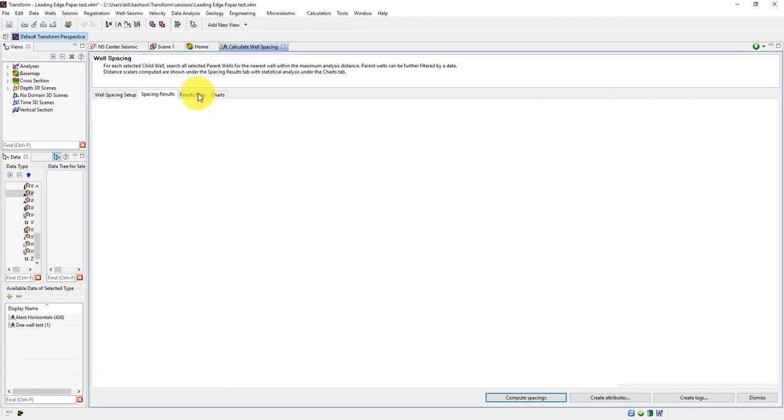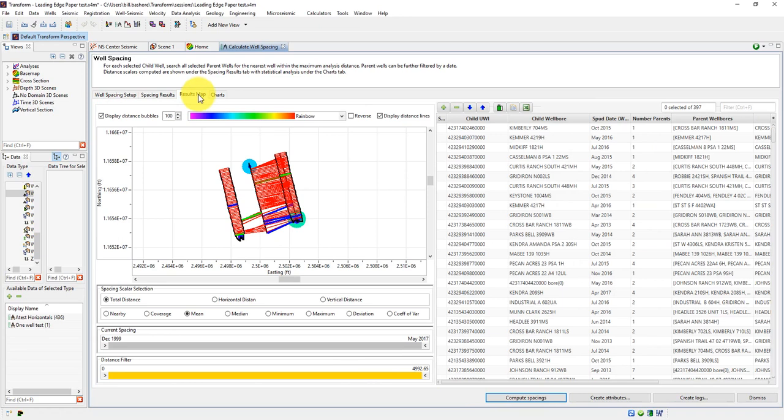The results map has been zoomed to a set of wells to illustrate the difference between this all parent wells option and the primary parent well only option. Note that some of the distance lines have jumped the gap in the middle of this cluster of wells. That is because those distances are smaller across the gap than they are to any other wells in the cluster. This means that the center well has more than one parent well to which it is closest along the length